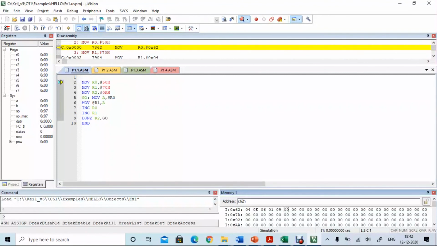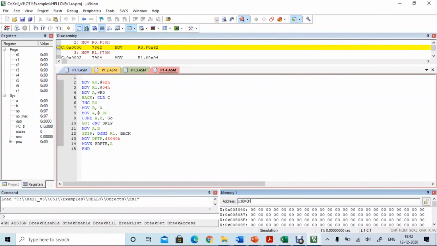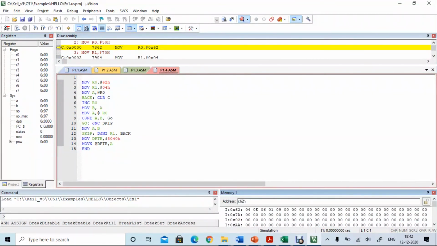So then we have to check the output in the 8040H location. So currently we will see what is there in the 8040 location. So it is 0. So we have the input given to 62 onwards memory location.